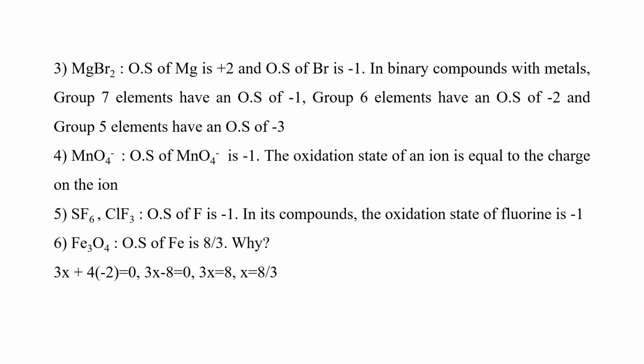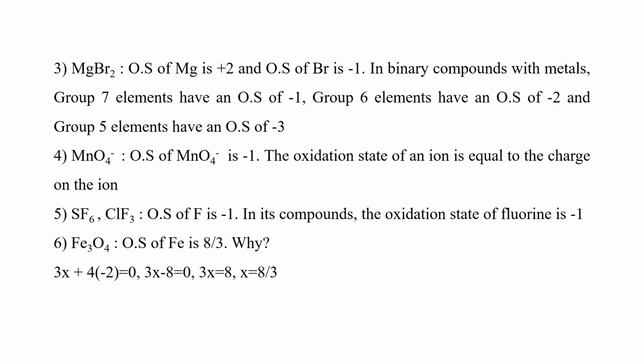The third example, we have magnesium bromide. Magnesium belongs to group 2. That means it has 2 valence electrons that it has to lose to achieve the noble gas configuration. Hence why the oxidation state of magnesium in this case is +2. And that of the bromine is going to be -1. Why? The rule says in binary compounds with metals,